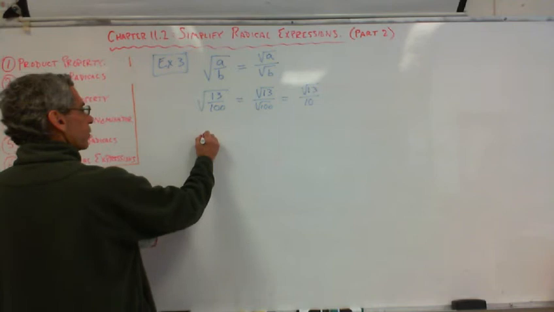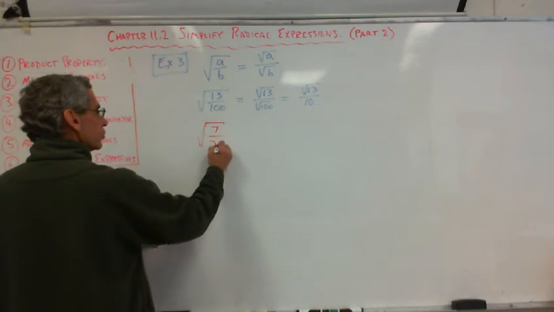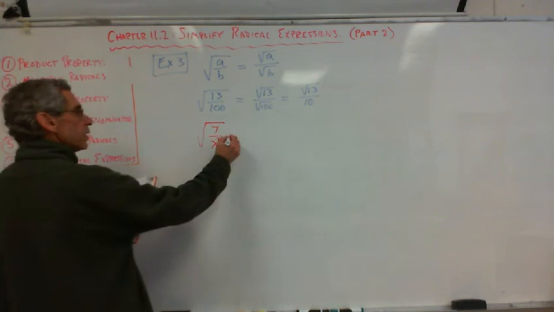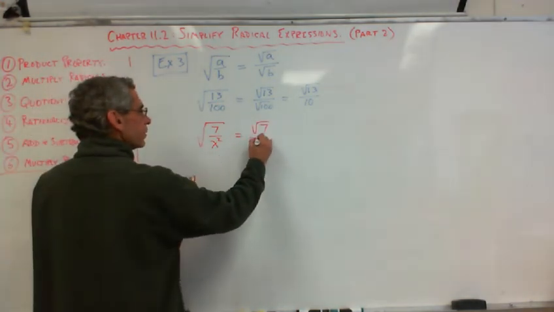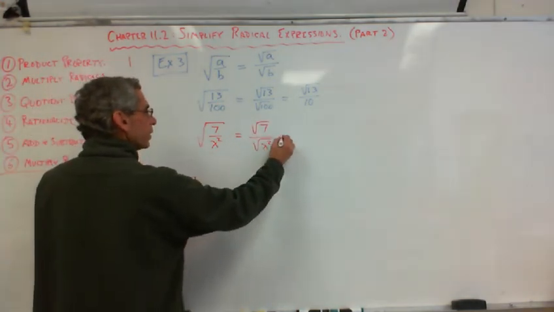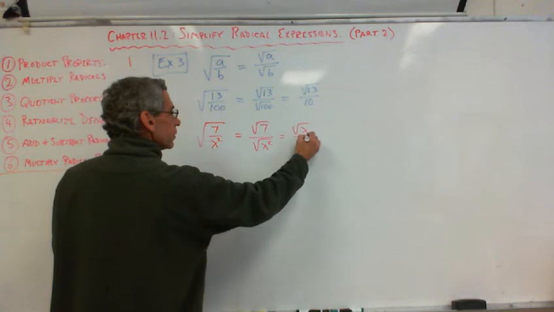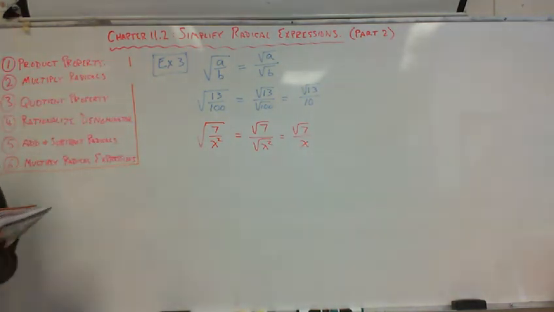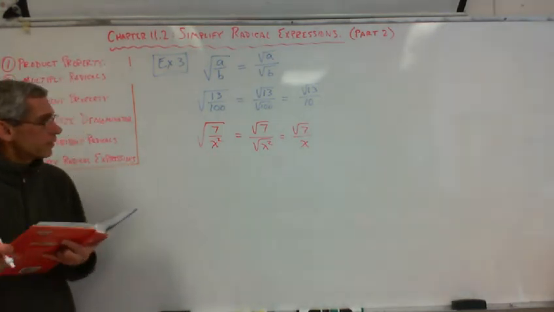What if you had the square root of 7 over x squared? Again, same thing: square root of 7 over the square root of x squared. That's the square root of 7 over x. Pretty straightforward, right? Nothing hard there. Very complicated. I mean, square root of x squared. So, but